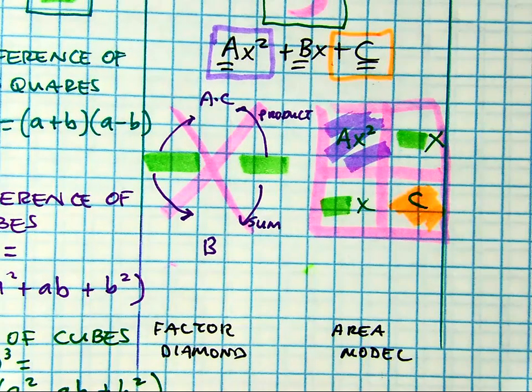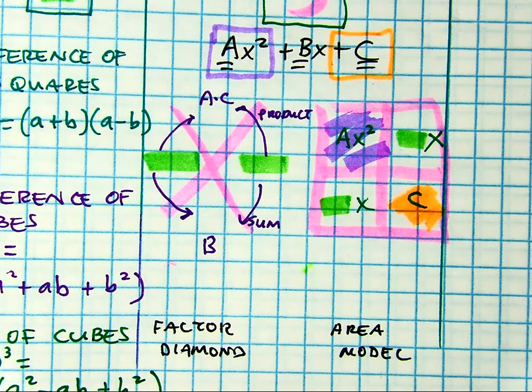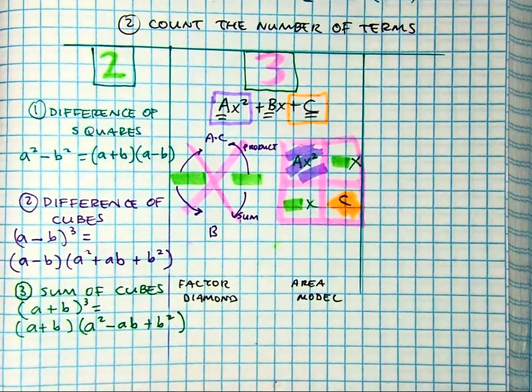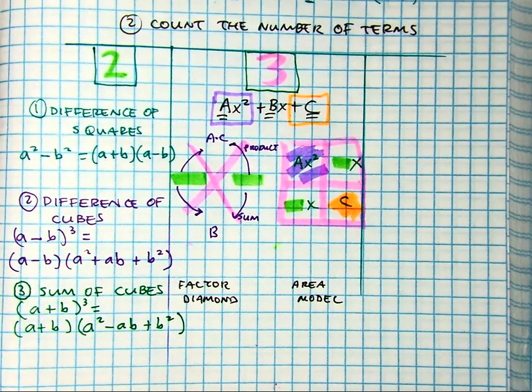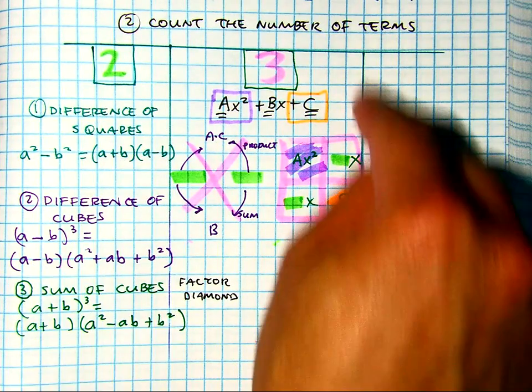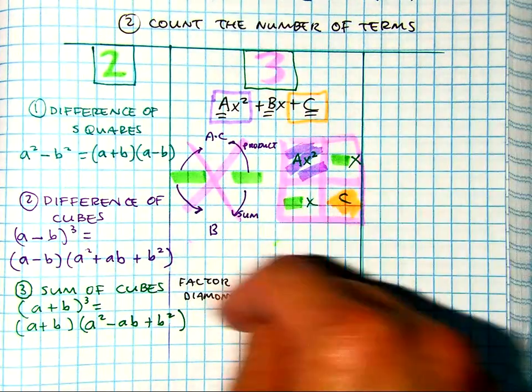Now in generalities, I'll show you guys later on how you can go from using this X box method for a majority of this. And the last one, if you have 4 terms,